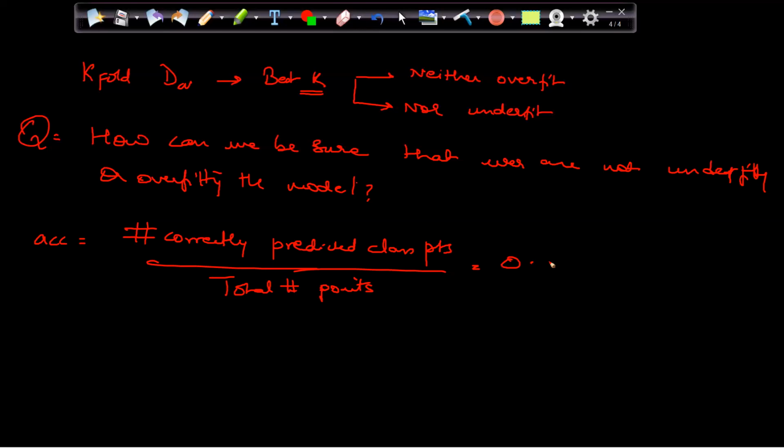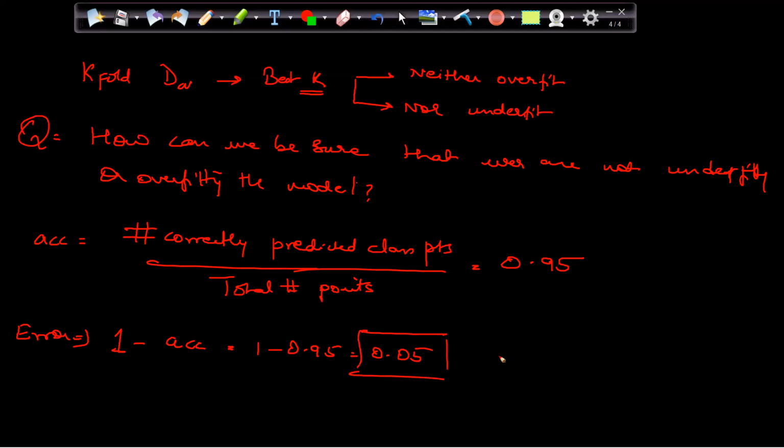Let's assume that the accuracy is coming out to be 0.95. And 1 minus accuracy is my error. That is 1 minus 0.95, which comes out to be 0.05, right? That is my error. We already discussed that it's a generalization error in the last session. So basically my aim is that I want to increase this accuracy and reduce this error. That is my ultimate aim, right? It should be less. Obviously, in a real-time scenario, we will not get even 95% accuracy.